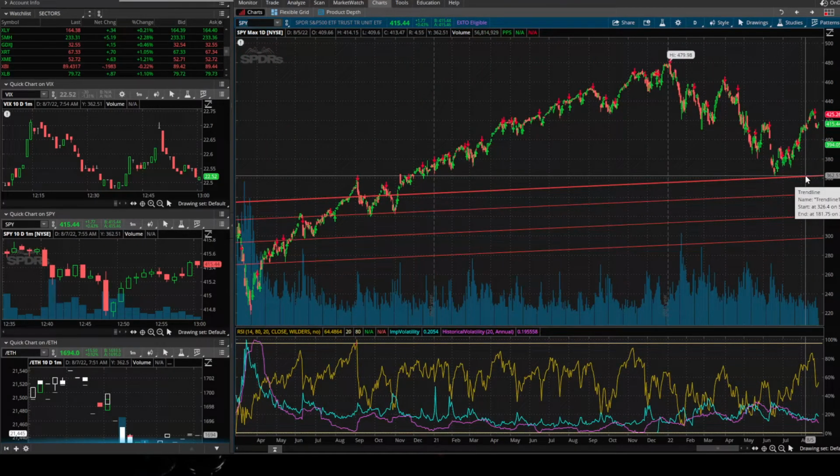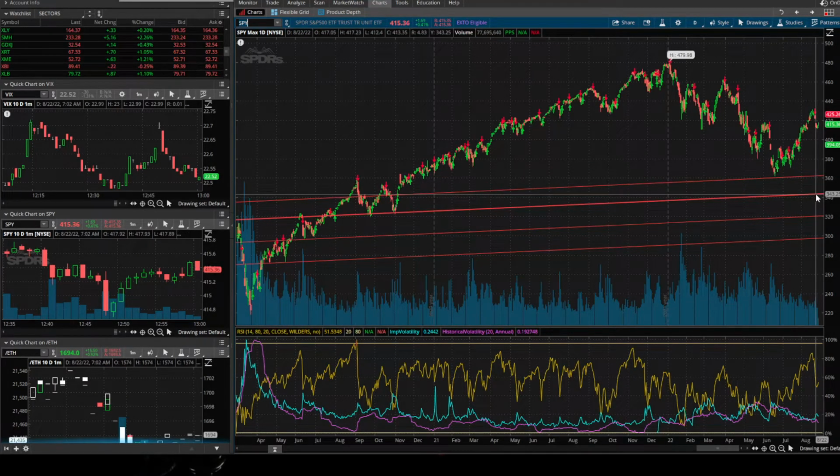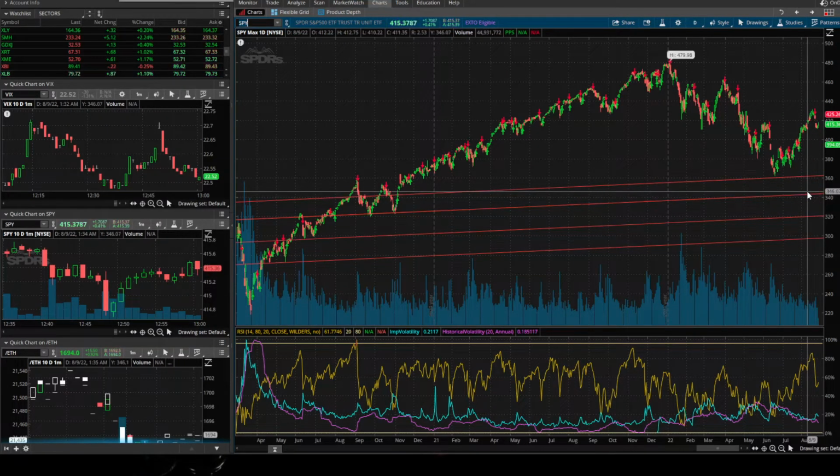But regardless of what happens, I'm going to be buying some at the 360, 362 zone. If we get to the 340, 345 zone, I'm going to be buying more shares. And then I'm going to wait for that MOAB signal. I think no matter what, it will probably happen around the 340s if we get there. But I'll be buying some in-the-money calls in SPY.